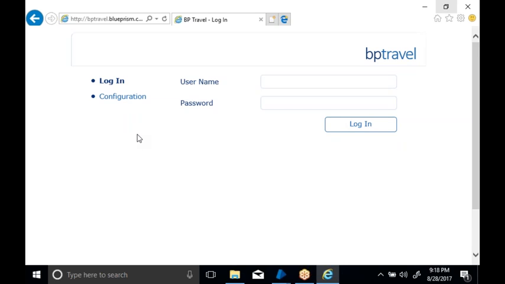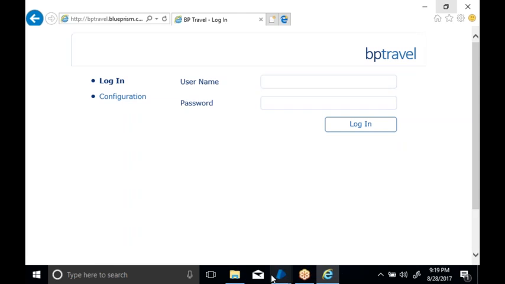Now when it comes to automation, if I want to automate that application, I should know the credentials. The Blue Prism developer who is going to develop the application should know the username and password of the application. But the client is saying, I don't want to share the username and password with the developers or the Blue Prism team either. Then how can we securely store the credentials of the client application? For that, Blue Prism gives one feature called Credential Manager.